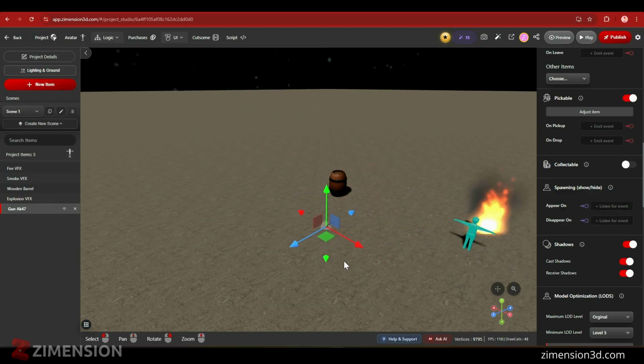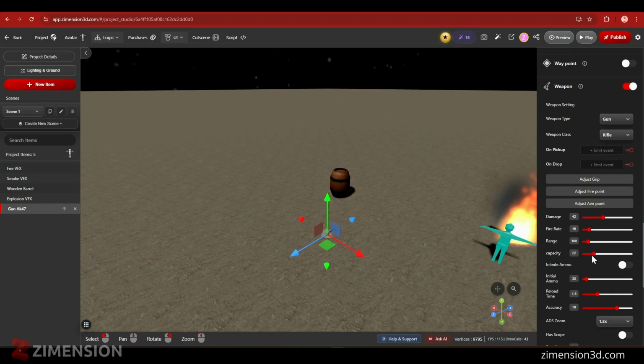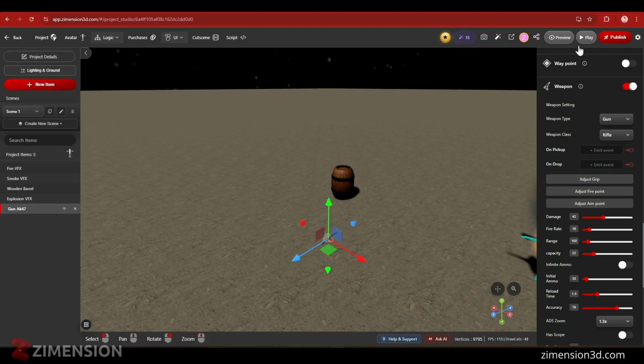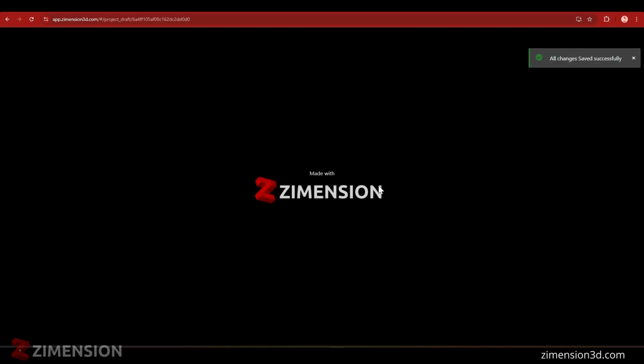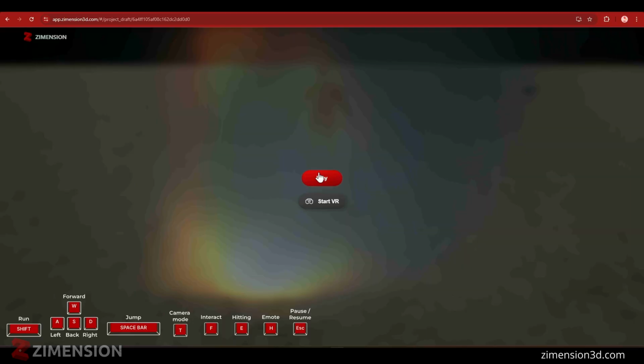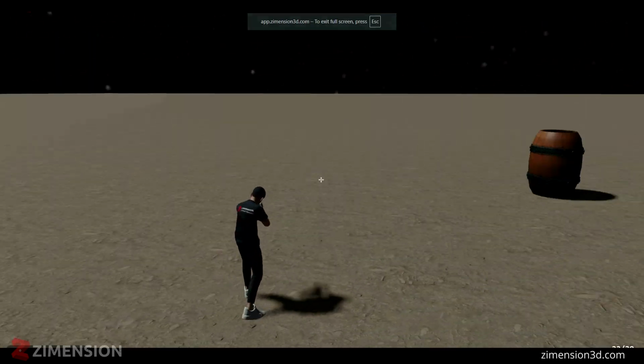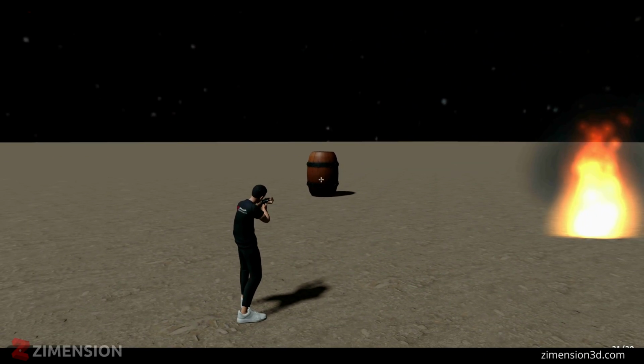Okay, and since the weapon settings are all in place, you can directly pick it and start shooting at the barrel and it's going to explode. Let me show you quickly why I'm showing the shooting mechanism as well, because the VFX are part of the shooting system as well. So you can see